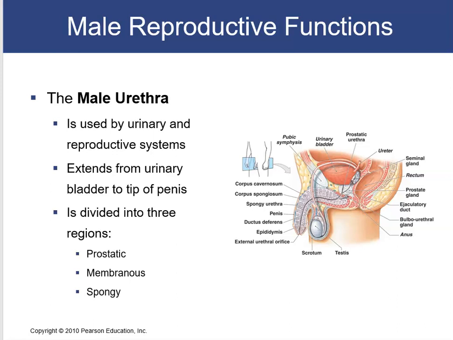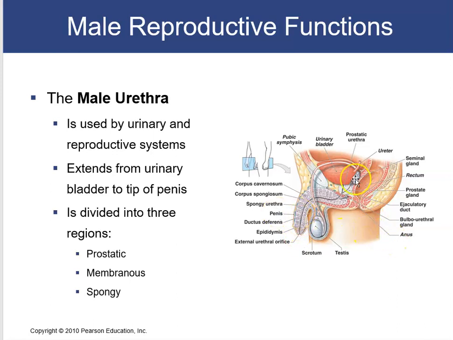The urethra makes the last portion of the male reproductive tract. The male urethra is used by both the urinary and the reproductive system. It extends from the urinary bladder down to the tip of the penis, and it is divided into 3 regions. The prostatic portion is the part that goes through the prostate gland. The membranous is the middle region, and then the spongy, also called the penile urethra, is the portion through the